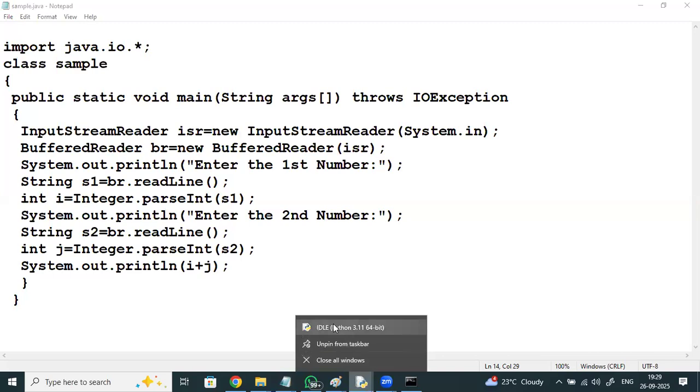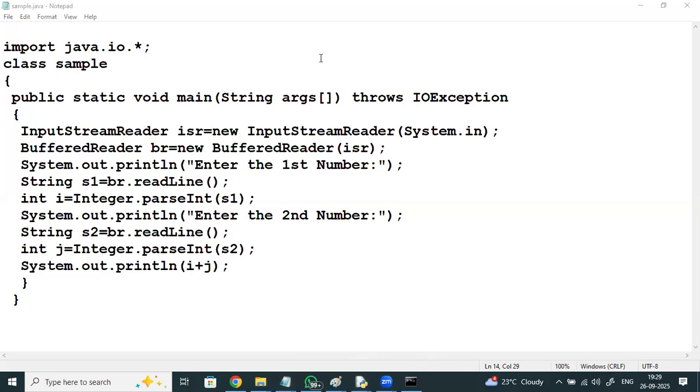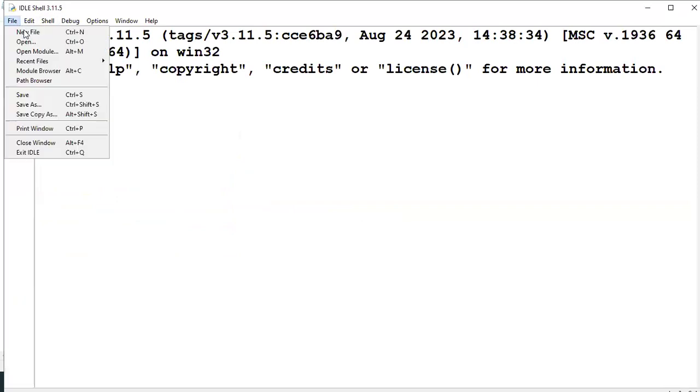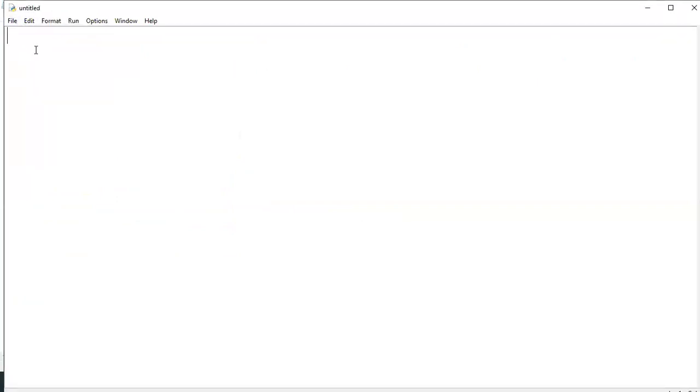Just check with this. File, new file. Once again, can anyone please confirm whether my voice is clear? Yes. Fine, thank you. So x equal to, you require two numbers.